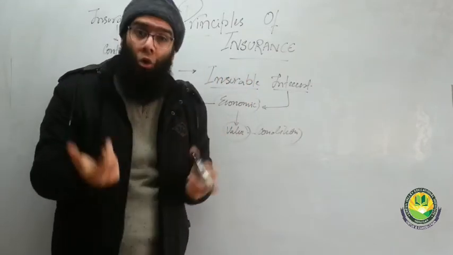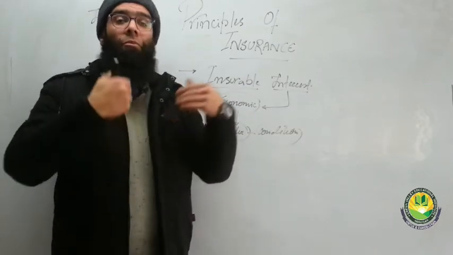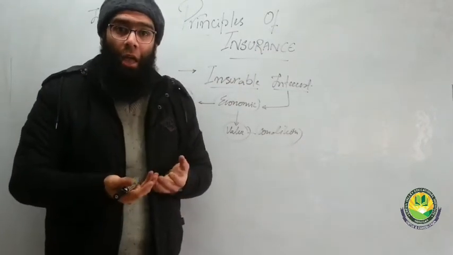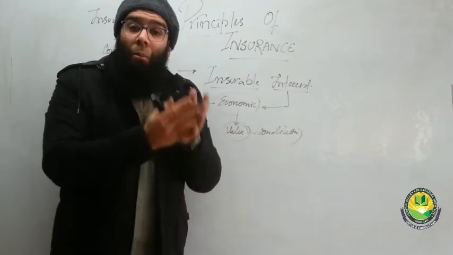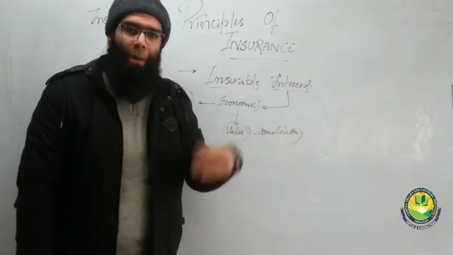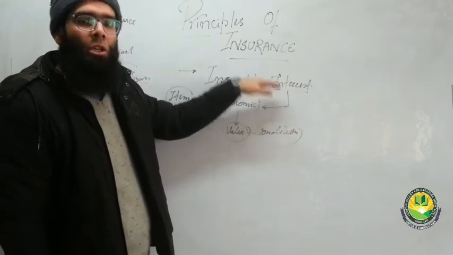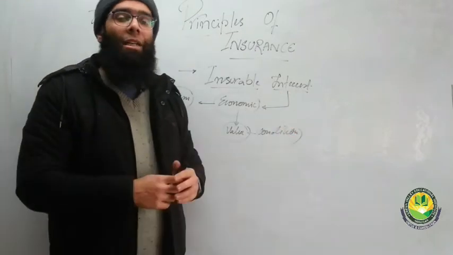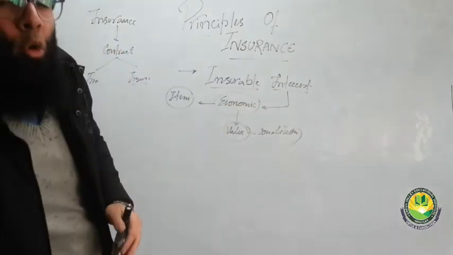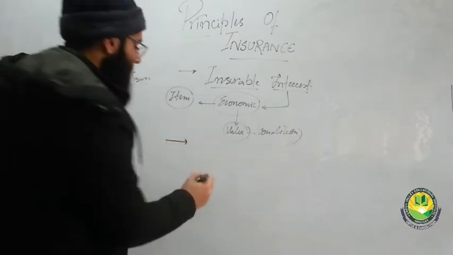Whereas my automobile, my motorcycle, my house, my laptop computer, where some valuable essentials are recorded. In my house, there are some valuable items. I live there. If something happens to that house, my condition will be worsened. It will affect my life. So my house, my automobile, my motorcycle, my laptop become my insurable interest. This principle says that you will take up the insurance of all these items wherein you have the insurable interest.